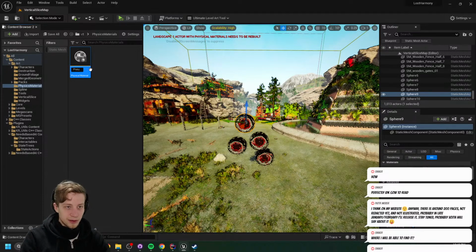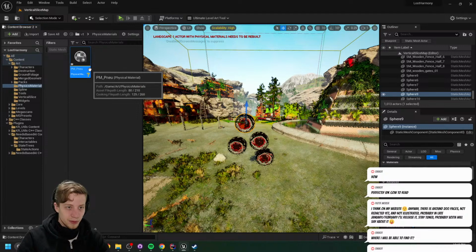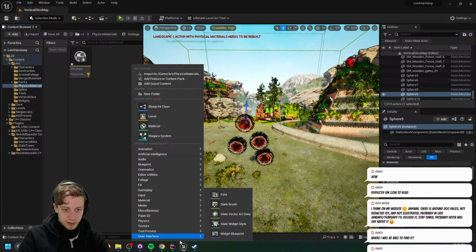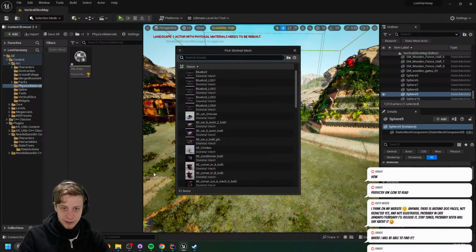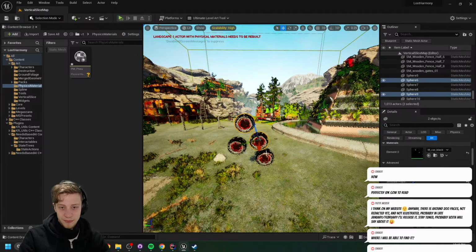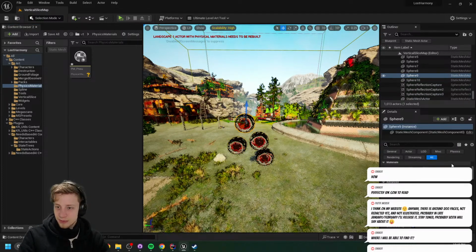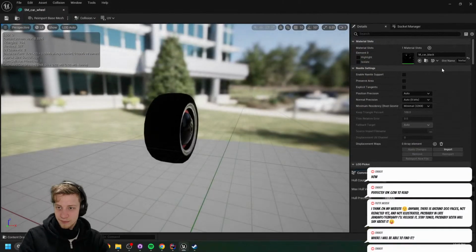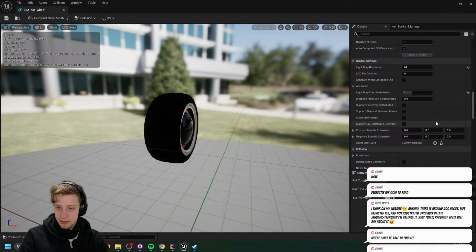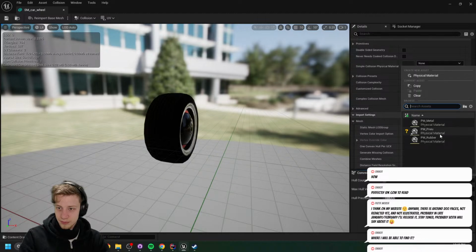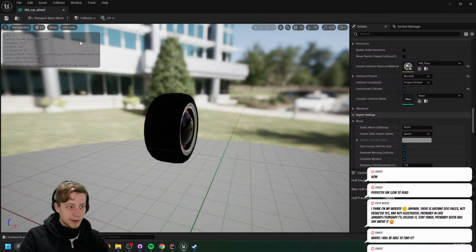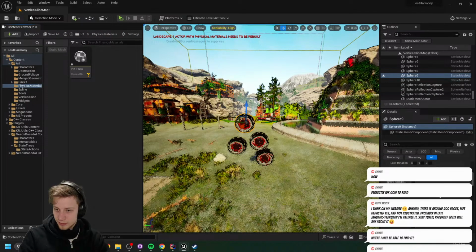PM physics material pneu. I just wanna see what that physics asset thing is. Oh, I see what it is. Okay, never mind. I know what it is. Let me find the model. I'm gonna just apply it on it directly, but I'm gonna apply it on these specifically as well. There we go. Is it applied?